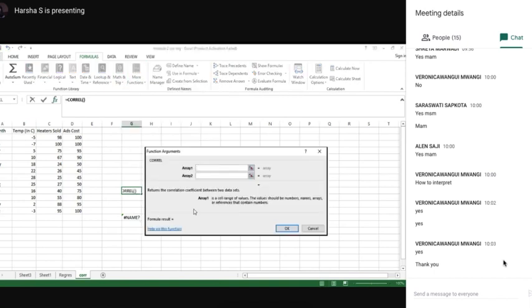CORREL. Array 1. Now what does the array 1 mean? You see, there is array 1 and array 2. Your array 1 is a range of independent variable, and array 2 is a range of dependent variable. Because Pearson, you must have heard Karl Pearson's correlation coefficient.